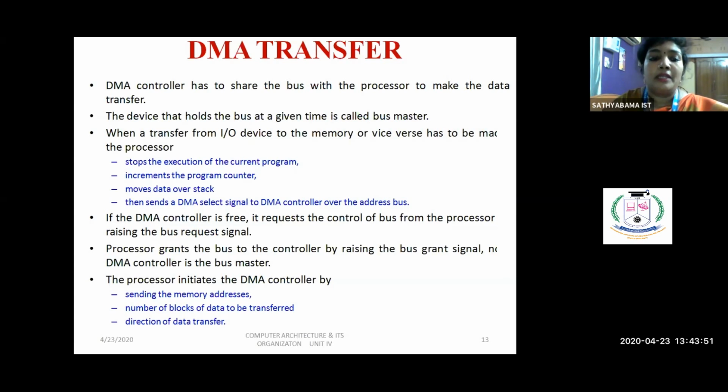Then the DMA will become the bus master. Then the processor will provide the information, that is the memory address, the number of blocks to be transferred, and also the direction of data transfer.